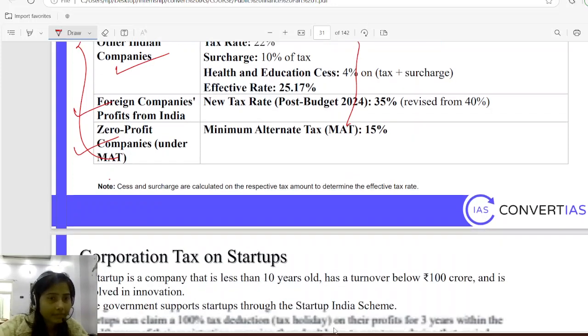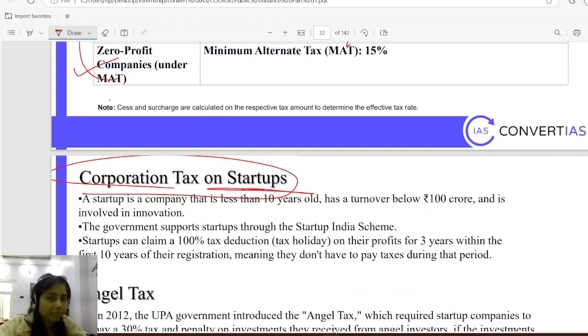Then corporation tax on startups. To encourage startups, the government gives tax incentives to those startups as well. As per the current norm, if it is not going to change in the current budget, then I'll be discussing the budget in a separate lecture. But for now, if it is not being changed, then the government gives tax incentive to startups up to 10 years. Okay, so if I start a new startup, I might get tax incentive till